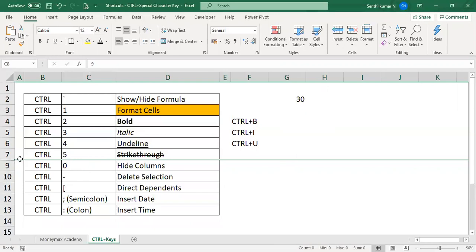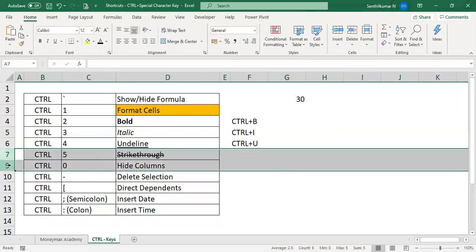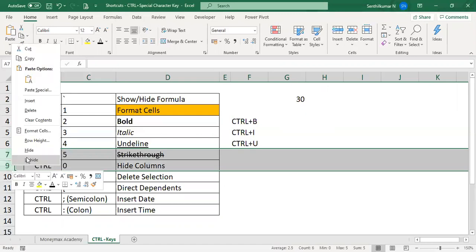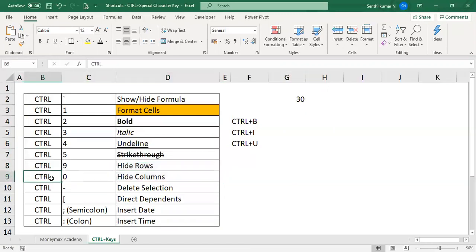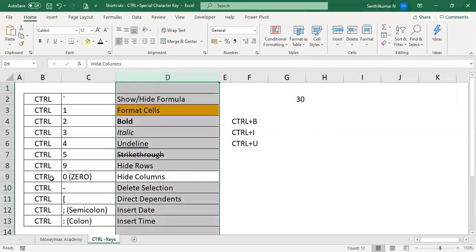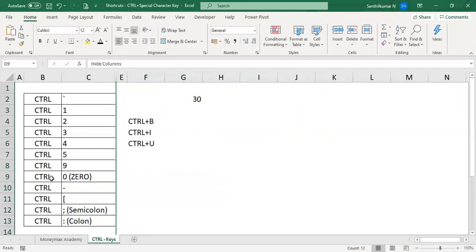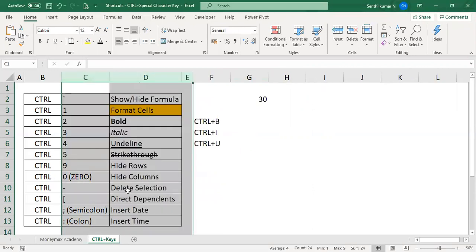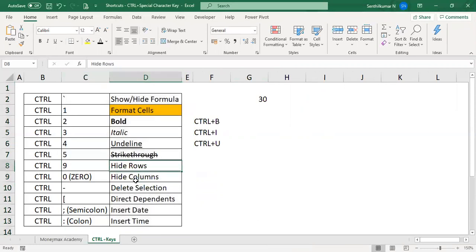Control 9 will hide the row. This is a shortcut key. Now Control 0. This is 0. If you want to hide the column, you can use Control 0. So this is the shortcut key to hide the row and hide the column.